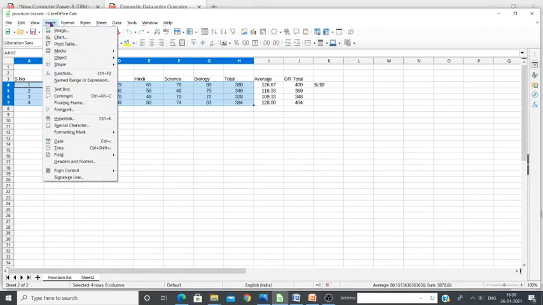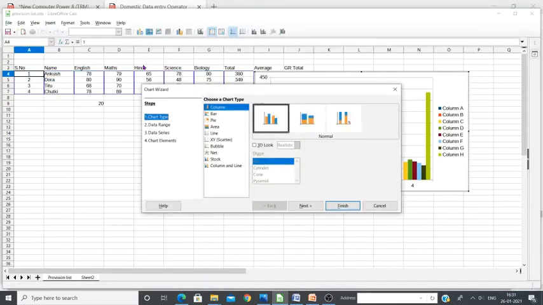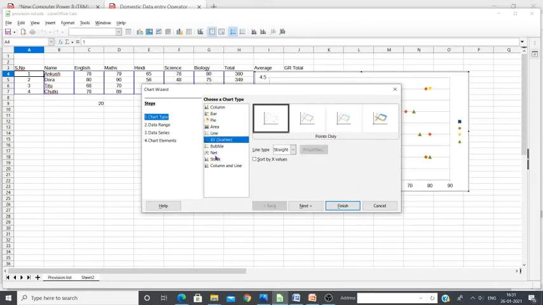Then you have to go to the insert tab, and you have an option called chart. Here you can see column chart, bar chart, pie chart, area chart, line chart, XY scatter, bubble chart, net chart, stock, column and line chart. You can choose anything.